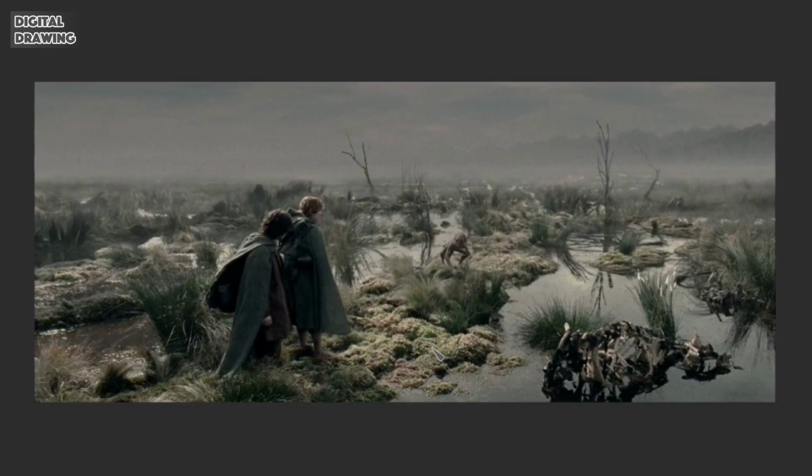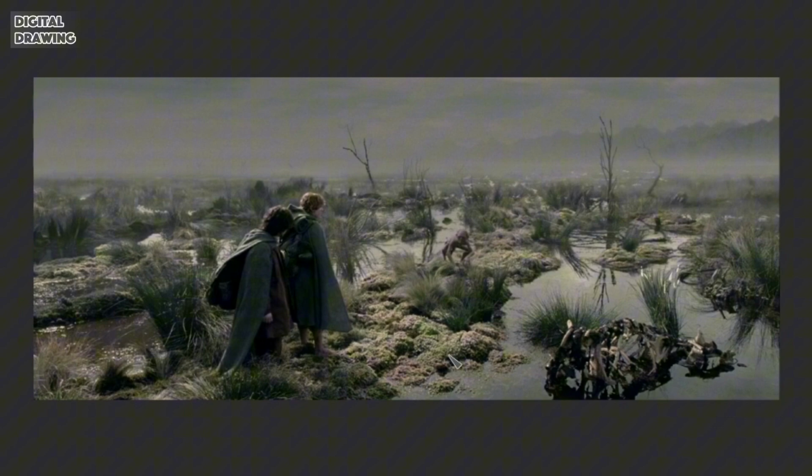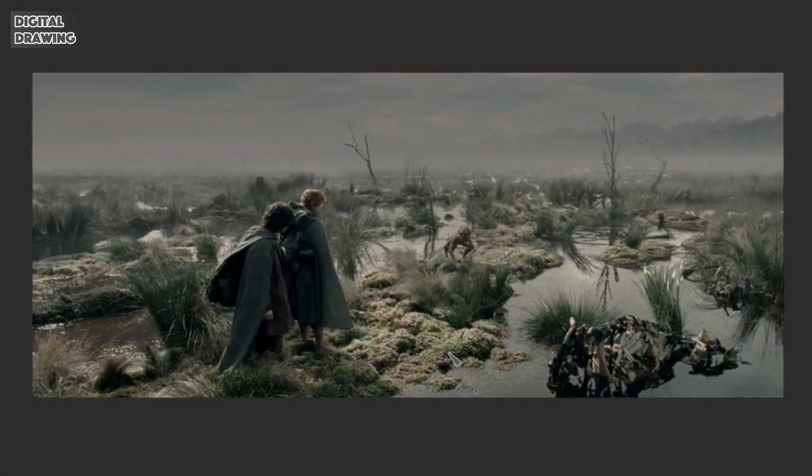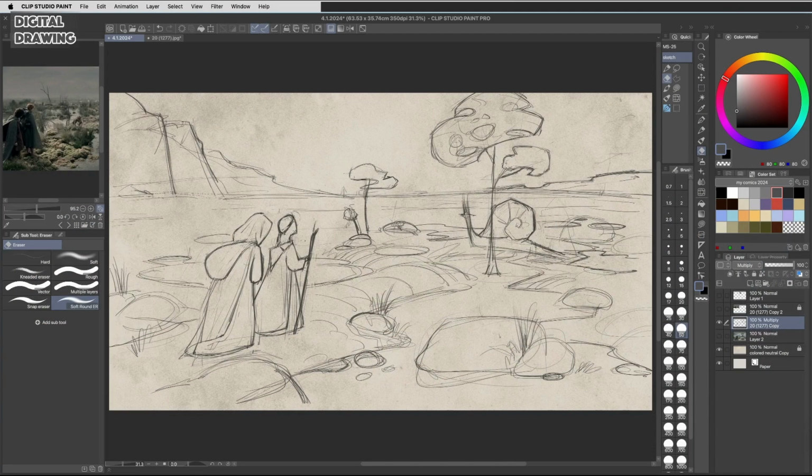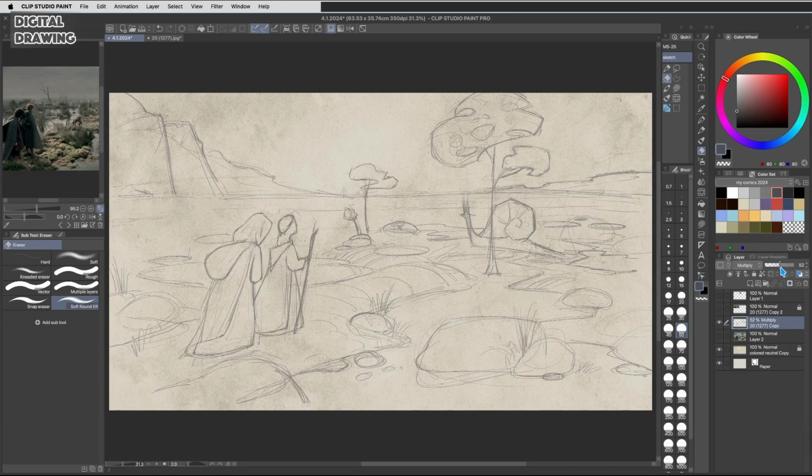First of all, I paid attention that the reflections and the lights on Frodo and Sam are too bright for this dark sky. I think they added some filter just to get the right mood for this picture, for this scene, because to get such light reflections without any light source is almost impossible. So I created this drawing and this rough sketch, and I need just to reduce the opacity and